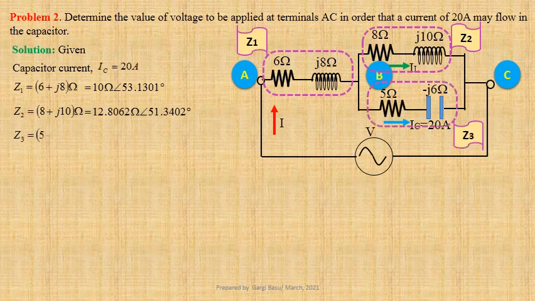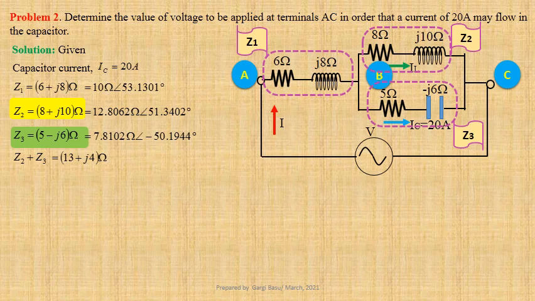Z3 equals 5 minus J6 ohm, that is equal to 7.8102 ohm at an angle minus 50.1944 degree. Let us first determine Z2 plus Z3. Using values, we get 13 plus J4 ohm, that is equal to 13.6015 ohm at an angle